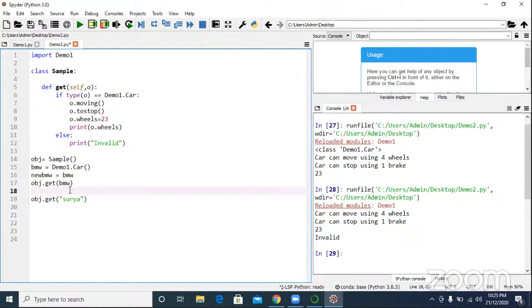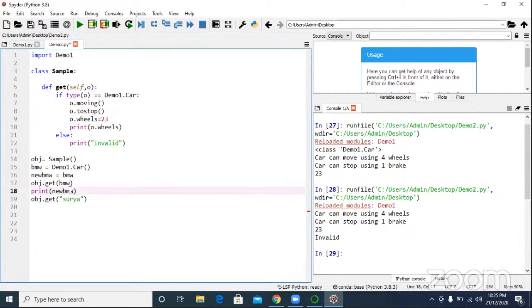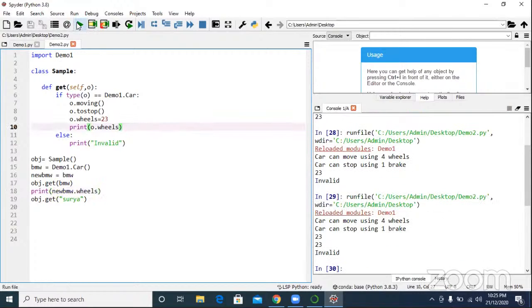Where? If in line 18 I say print, the scope of new BMW is up to that dot only, na? No, madam. The scope is, O dot wheels has been changed, so whether it will reflect or not here, correct? If I say wheels, it will be 4 or 23. The properties of an object, once changed, give the latest value. What is the latest value? 23. I'm asking, what is a variable? Variable can change at any time, correct?